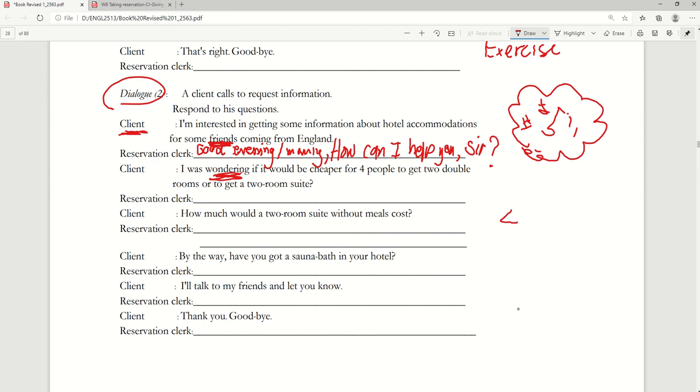So, four people. You also need reading skills. Four people to get the main idea. And then the question is two double rooms or